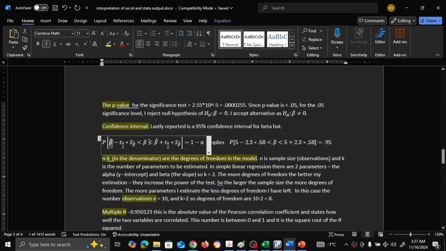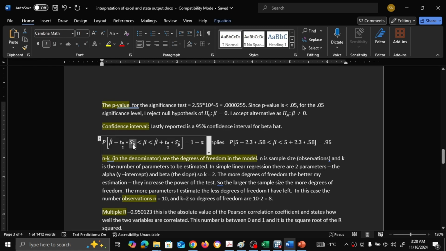This is your best guess for the population beta. These are the cutoff points. Remember, the same thing as before. And this is the sample standard deviation of your beta hat. Same thing as before. Before this was, remember, your S divided by square root of n. Remember? And now it's